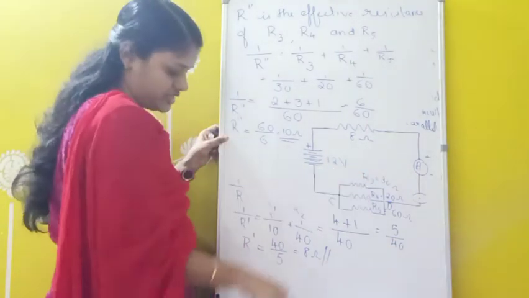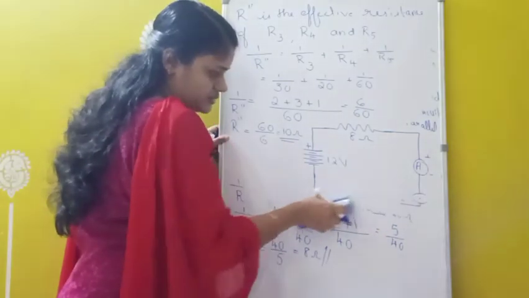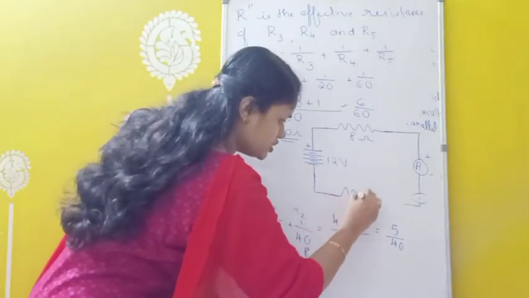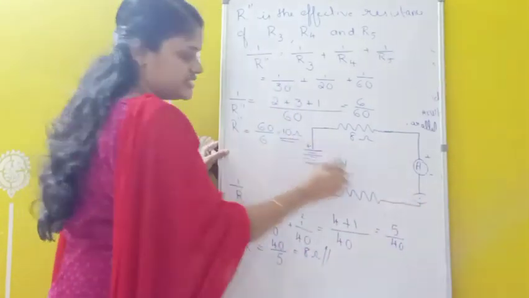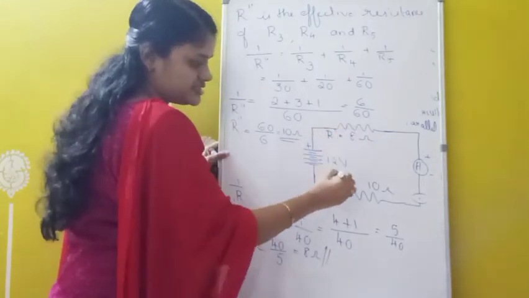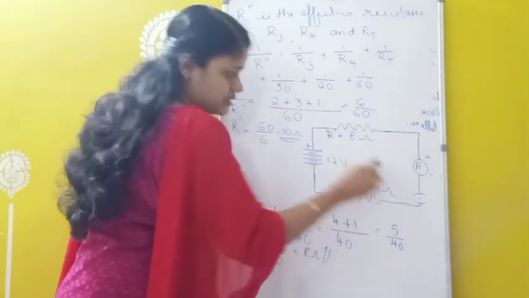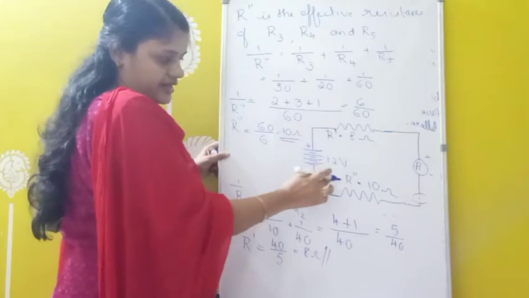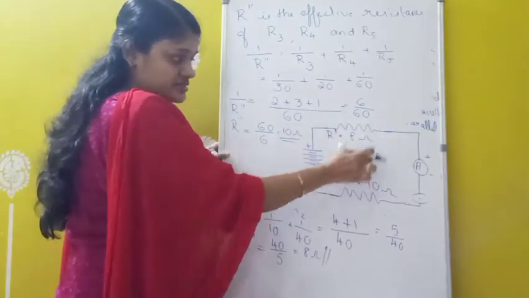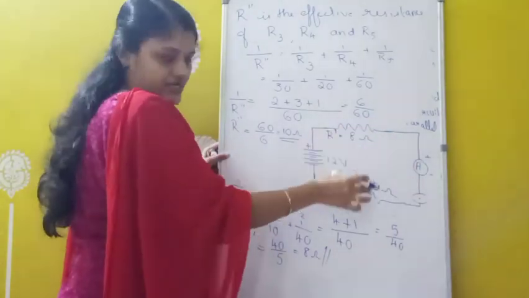Now here also this R double dash is the effective resistance of R3, R4 and R5. So instead of these 3 resistors, I can connect another one resistor. Another one resistor having how much value? So what is the effective resistance here? 10 ohm. So this is R dash, and this one is R double dash. So now we got R dash equals 8 ohm and another resistor R double dash equals how much? 10 ohm. But these two resistors are now in end-to-end connection. That means series combination. So they are not in parallel.